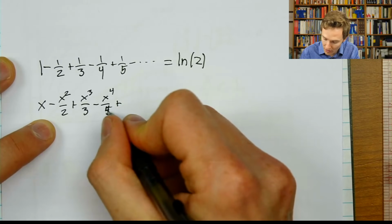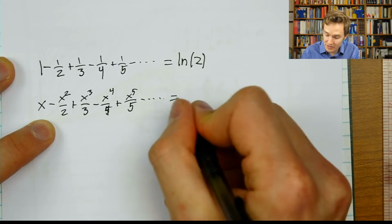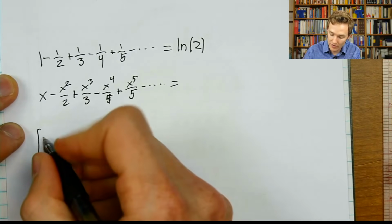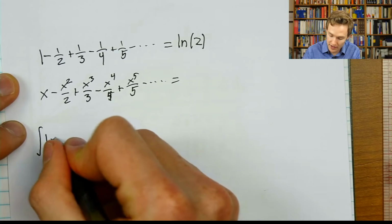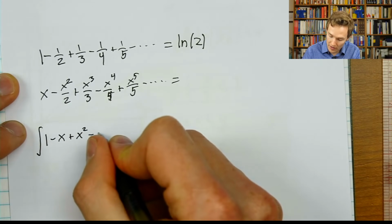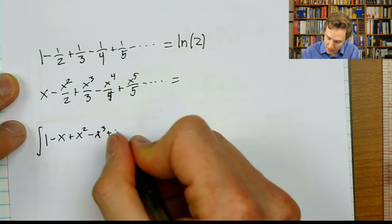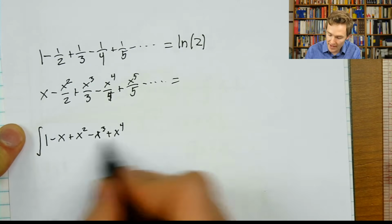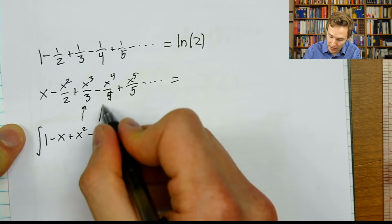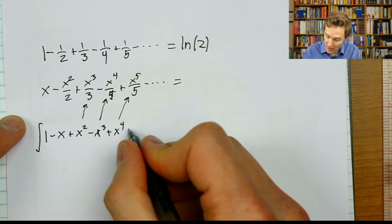Sorry, x to the fourth over 4. Then we're adding x to the fifth over 5. And the reason for doing this is that this plays nicely in calculus land, because those denominators are now related to the exponents in a way that we can kind of cancel out by doing an integration trick. Each one of those terms I can nicely express as an integral of a much more simple monomial term. X cubed minus, no, let's see, plus x to the fourth. If I integrate this thing, each one of them has an exponent that increases, and then we divide by what the exponent is. And the reason that you would want to do this is that this now has a nice